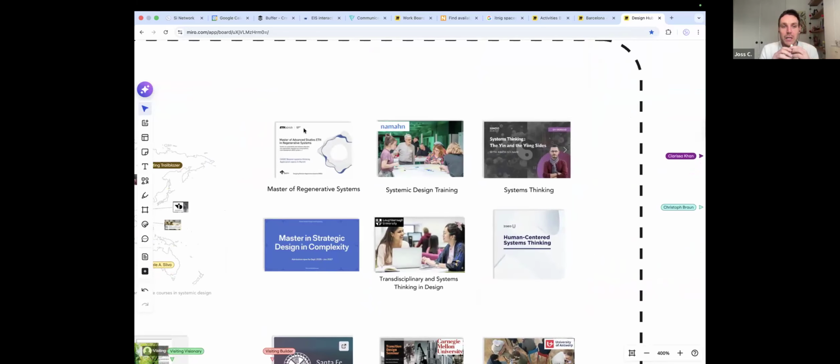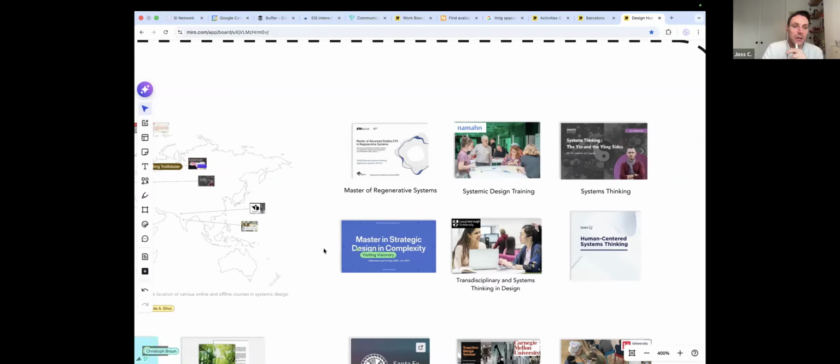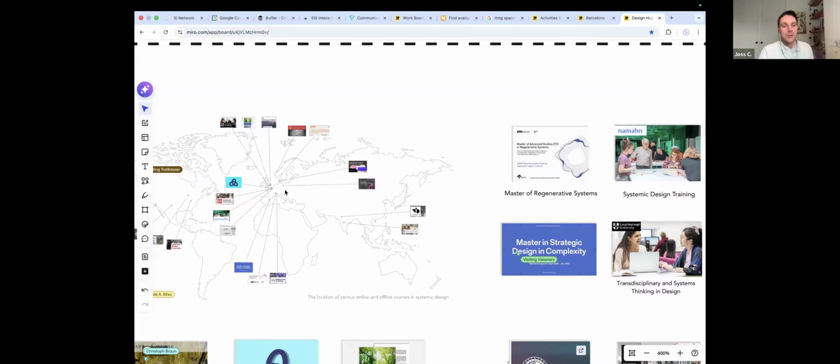We've got Master of Advanced Studies at ETH Zurich. It's particularly around systemic design in the context of building regenerative systems. IDEO even have a course on human-centered systems design and systems thinking, and NAMA, I talked about before with the toolkit, they have their own training around that also. And then actually here in Barcelona, there's also a master's in strategic and systemic design. So there they are. You'll be able to find links to them in the guide.